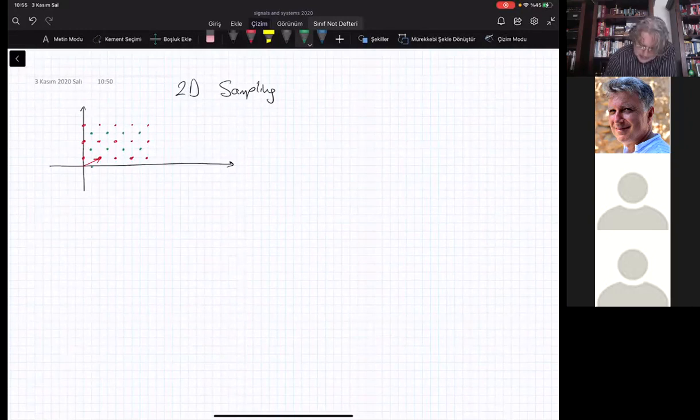Clearly, these green dots and the red dots do not mean different things. All these samples that I'm showing here are essentially the sampling points, the sampling grid, regardless whether it is green or red. It doesn't really matter. I don't want to separate them. I just put them in different colors